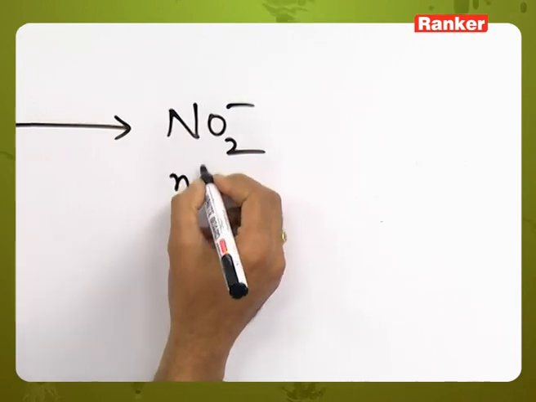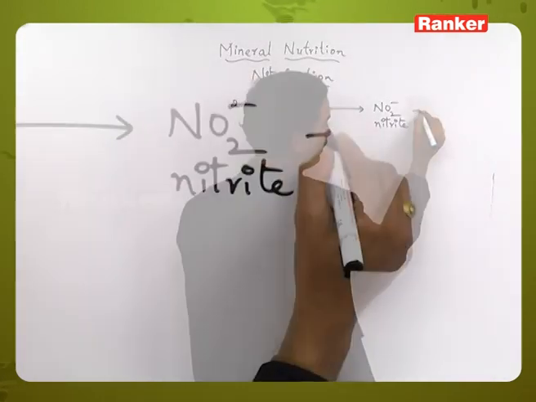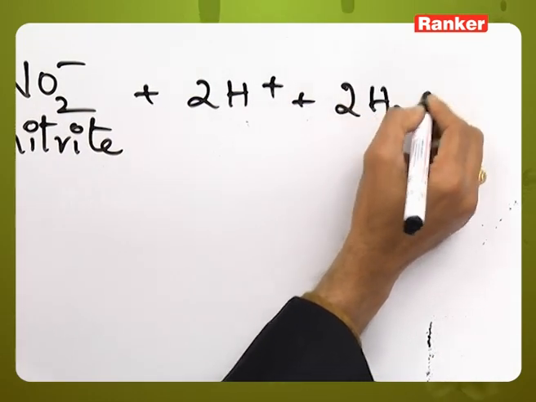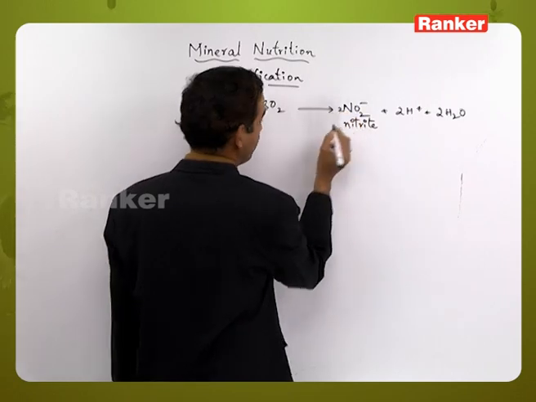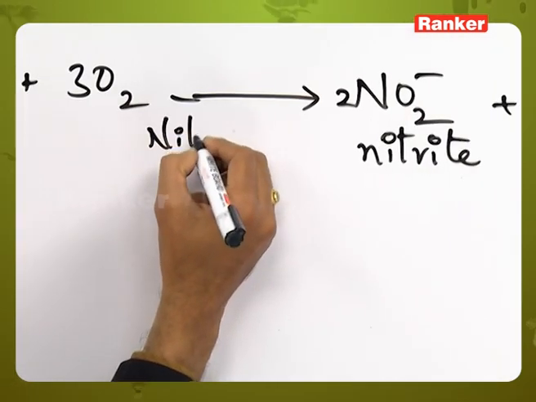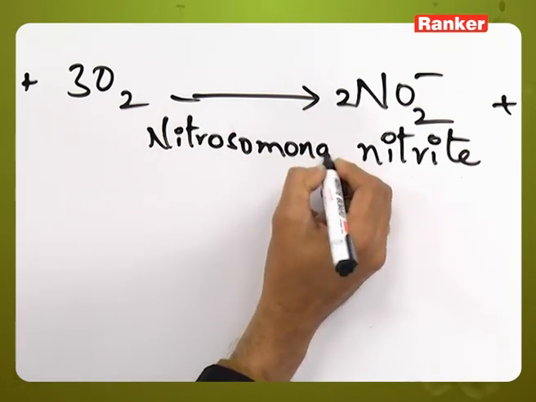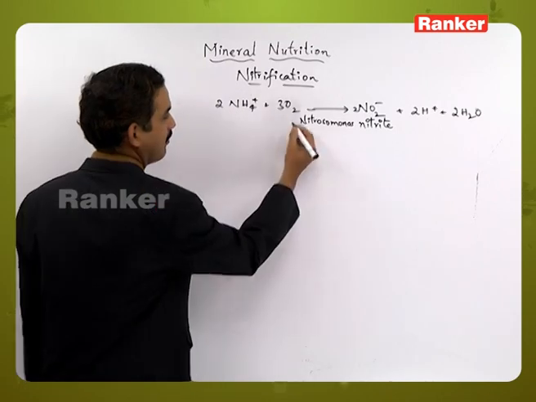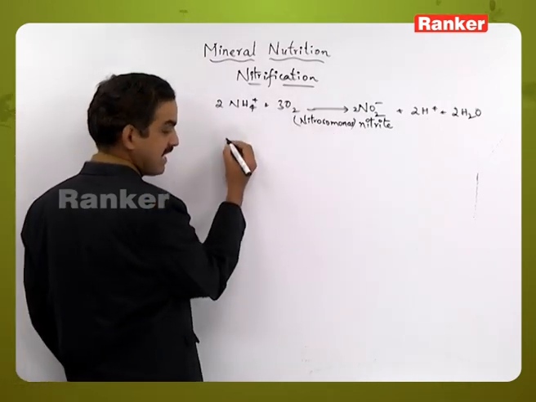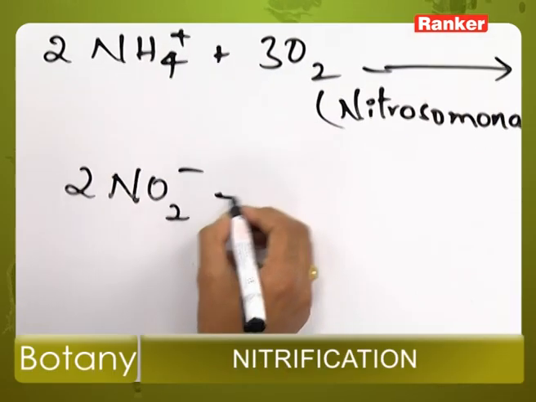nitrite, along with protons and a water molecule being released. In this process, Nitrosomonas or Nitrococcus type bacteria will be utilized in this step, and the nitrite so formed will further undergo oxidation to form